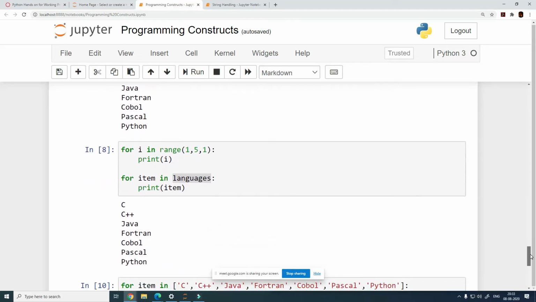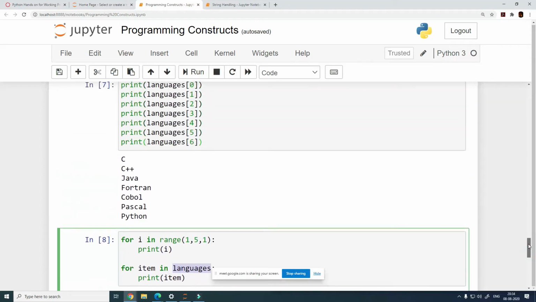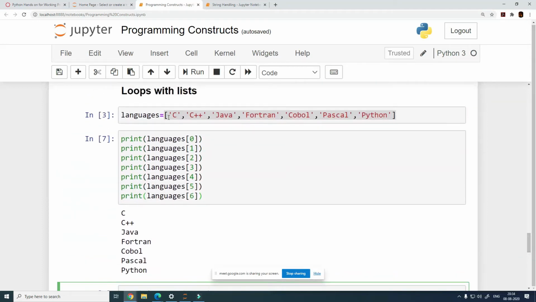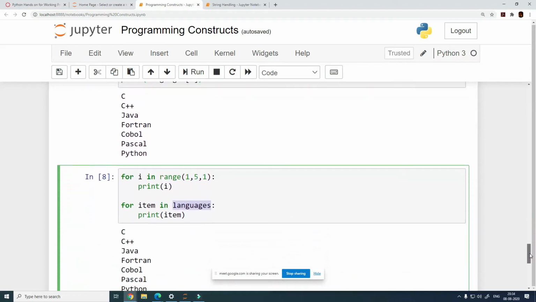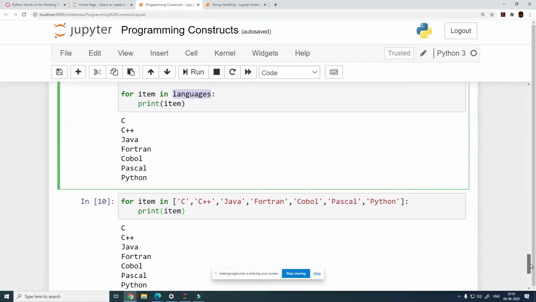The thing which is happening here is we are actually iterating through the list, and you can iterate through anything which has more than one value, right? Range is a function which helps you generate that list. Here what we are specifying is the list itself. Languages is a list that we have defined, and we specify that in the for loop so that it runs for all the elements in that list. Clear, guys? So again, this is a very simple topic, nothing much to worry about here.